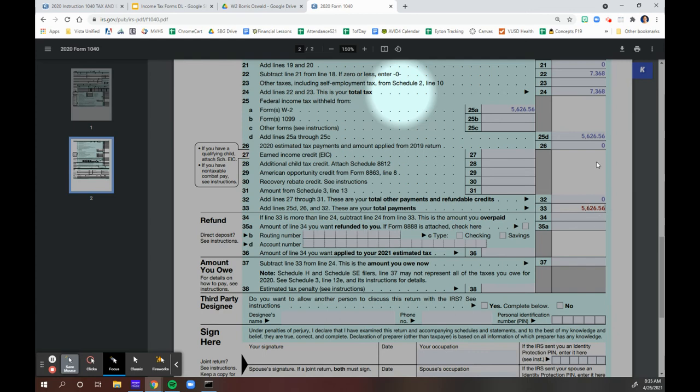And on line 33, the total payments is just what was withheld from the paychecks, the $5,626.56. Now, finally, what we have to do is compare what we have on line 33 to what is listed on line 24. The difference between the two is then what is either owed or refunded to us. So the difference between the two is $1,741.44. And in this case, this is the amount that we owe, because we underpaid. We paid less than the amount